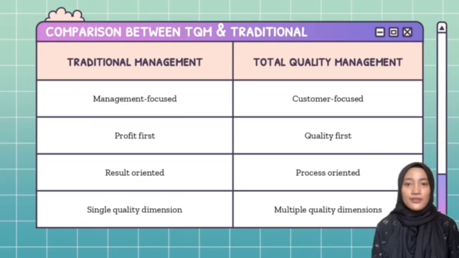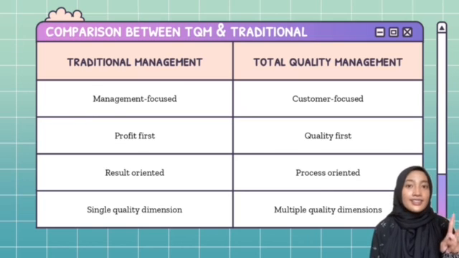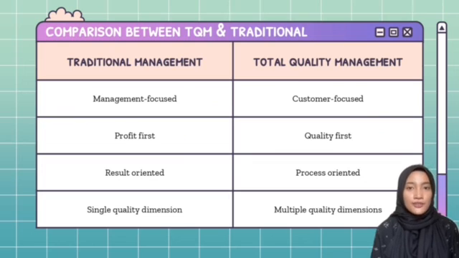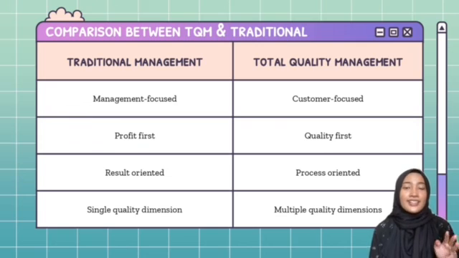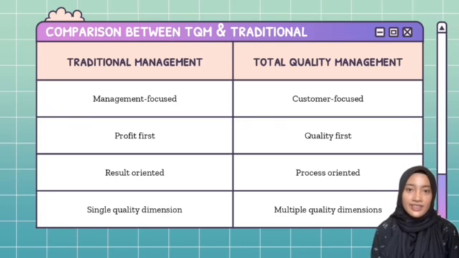So, I will continue with differences between traditional management and total quality management. Firstly, traditional management focuses on management, meanwhile TQM focuses more on the customer. Second, traditional priority is profit, meanwhile priority of TQM is quality. Third, traditional focuses more on result oriented, meanwhile TQM focuses more on process oriented. Last but not least, TQM has different or multiple quality dimensions. Meanwhile, traditional only has a